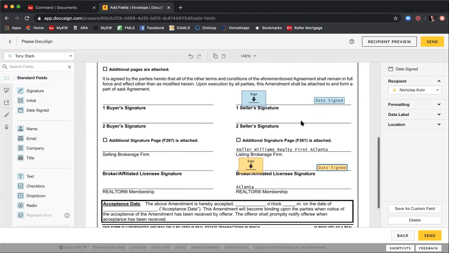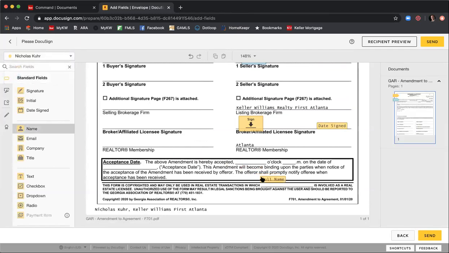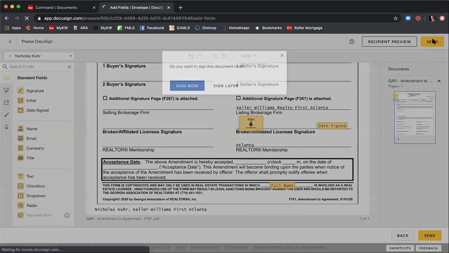Perfect. And then for the GAR form down here, you can just select yourself as the listing agent. And then if you select name, you can just put name right there, and it will autofill your name when you go to sign. So I will click send. And that will send it to both Tony and myself as a listing agent at the same time. So I'm going to